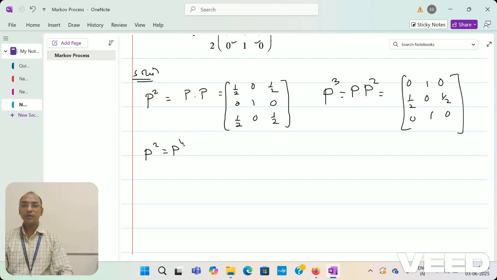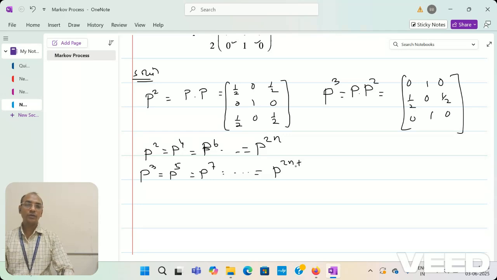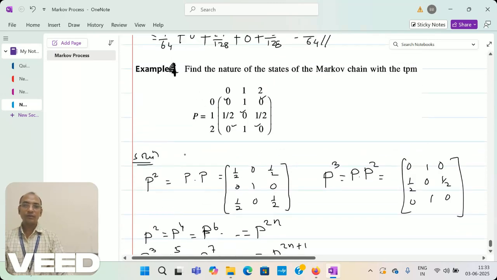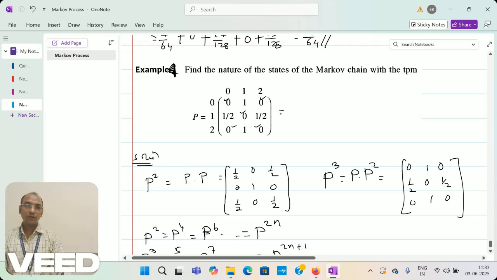P2 will be nothing but P4, P6, and so on, so P to the power 2n. And if we find continuously, we will find that P3 will be nothing but P5, P7, and so on, so we will have P2n+1. Okay. Now, this is my TPM, which is of the form P00, P01, P02,